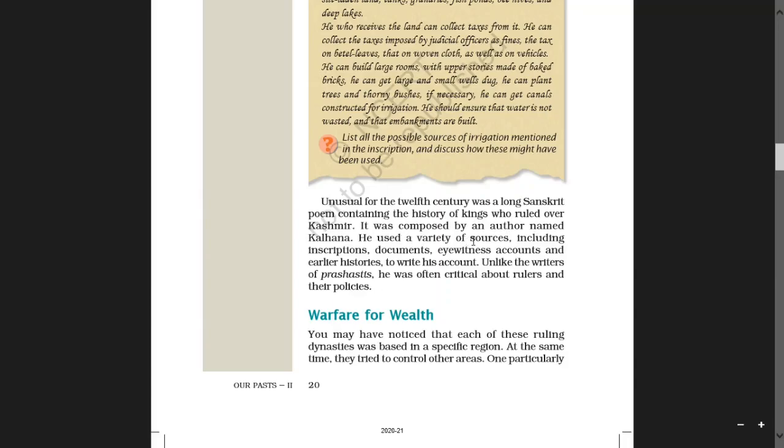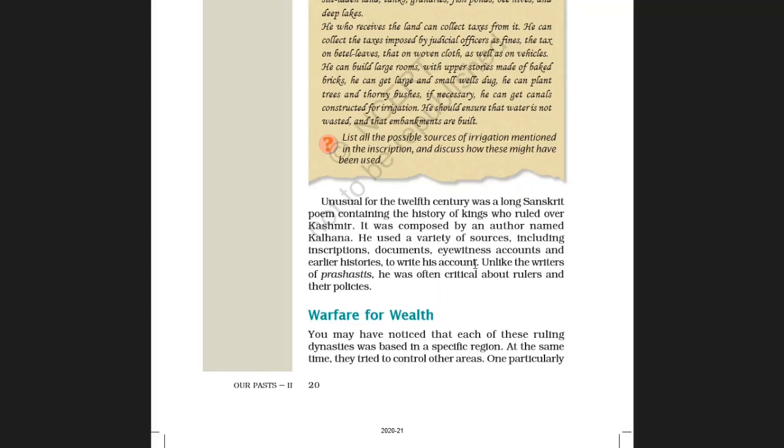He used a variety of sources, including inscriptions, documents, eyewitness accounts, and earlier histories to write his account. So here he used a variety of sources, different sources. It includes inscriptions, documents, eyewitness.